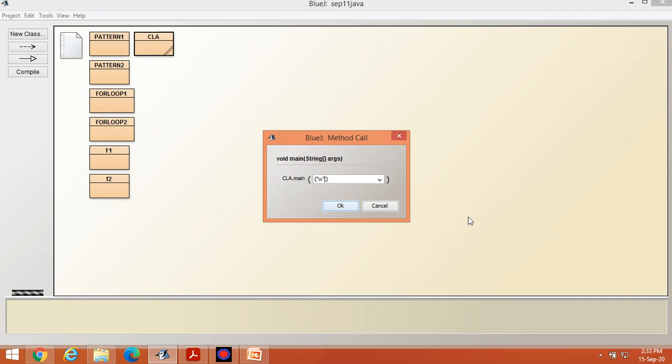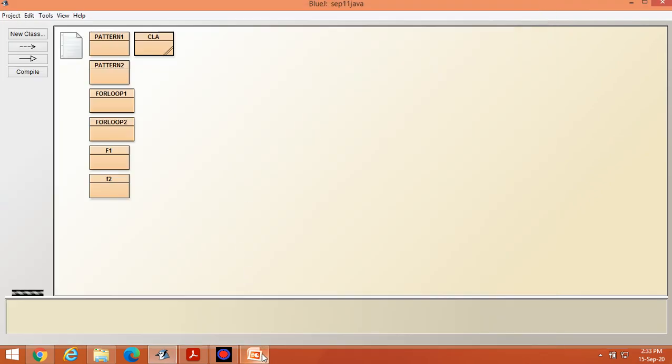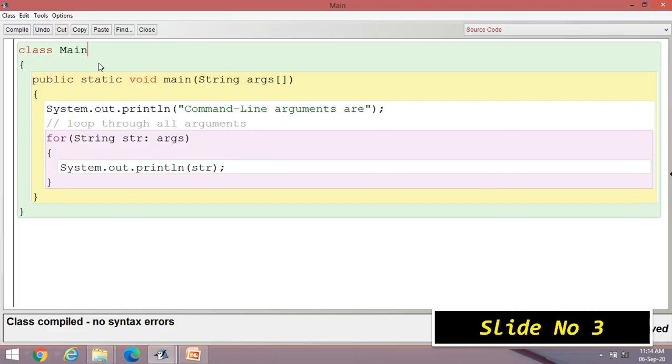You can pass any number of arguments. Suppose I am writing W here, then 1, 2, 3, 4, and hello like this. Press OK. W, 1, 2, 3, hello. You can see all the contents over here. Go to the slide section. This one is the program. Loop through all the arguments.